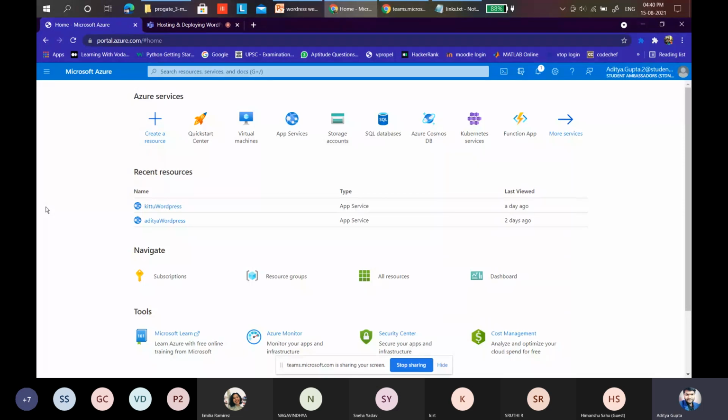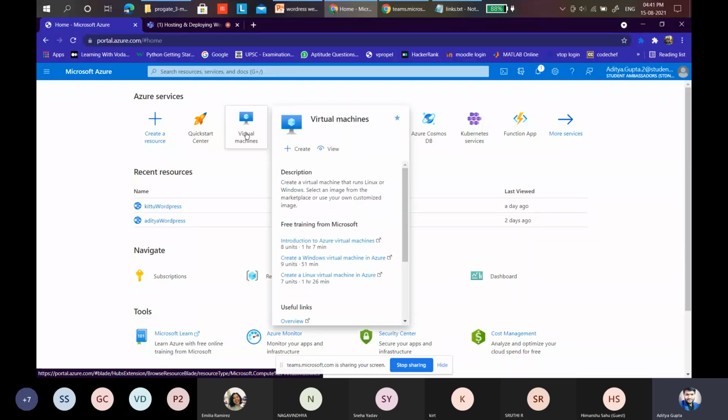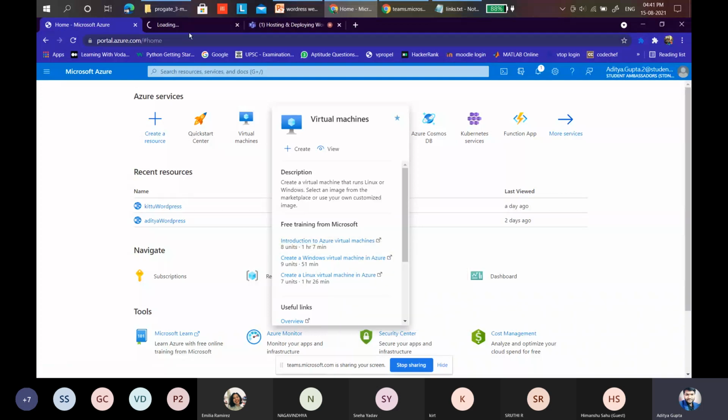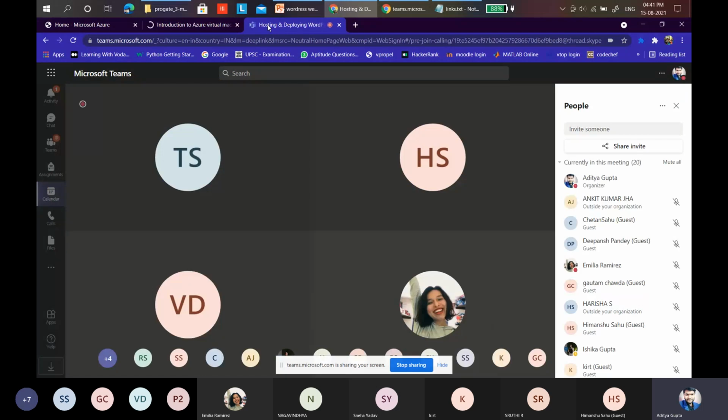I can install VirtualBox, but it takes up your hardware, your hard disk. If you're low on hard disk space, you can't use it at all. It just hangs your laptop like anything. So you can create an instance using virtual machines. That's what I was saying. It doesn't matter whether you have space or not. You can just use it, deploy it and complete your work effectively. That's basically what WordPress is.